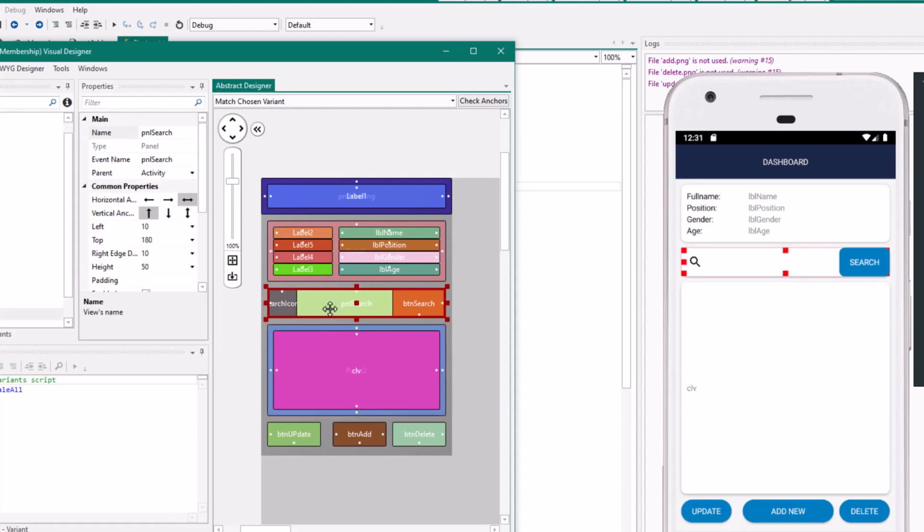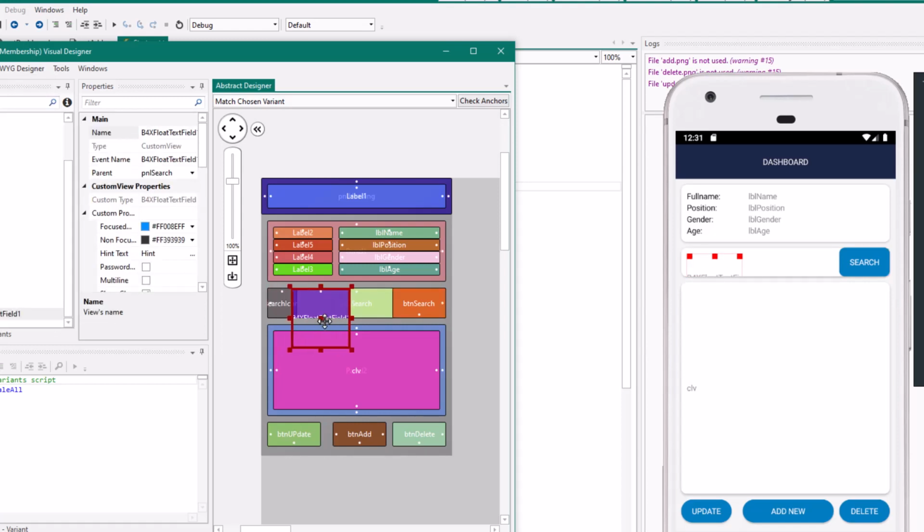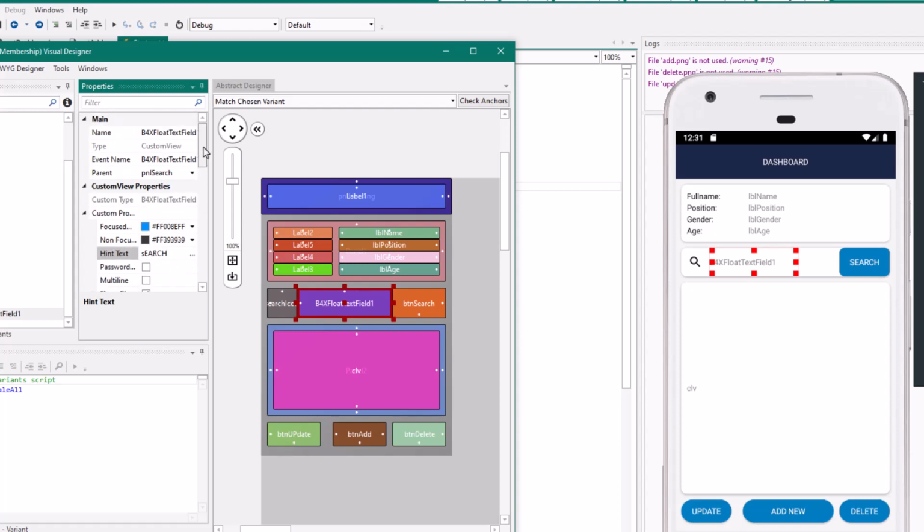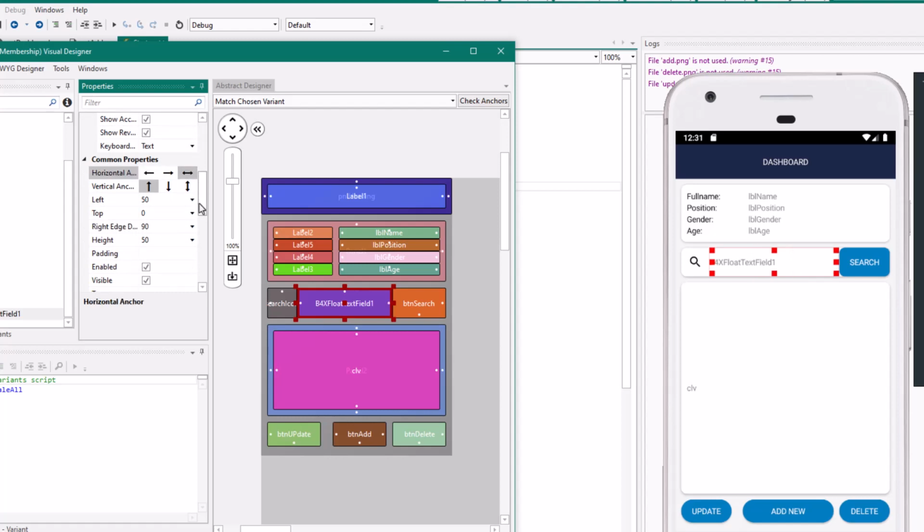Finally, we'll add a text box here. The hint will be search. We'll anchor it to both sides. We'll rename it text search.